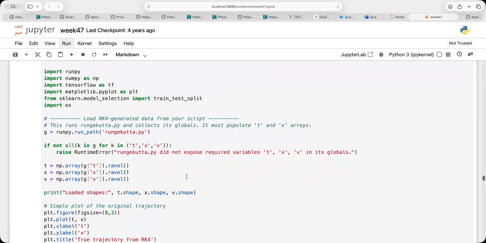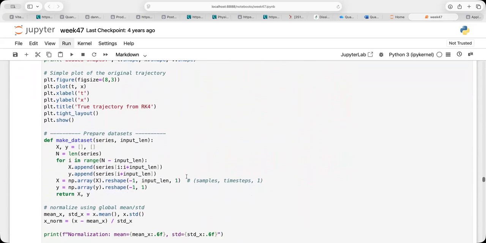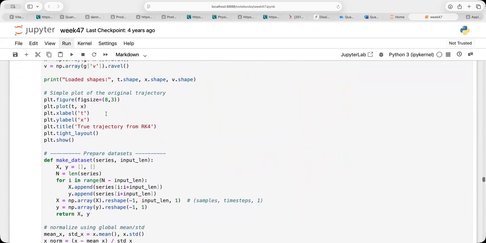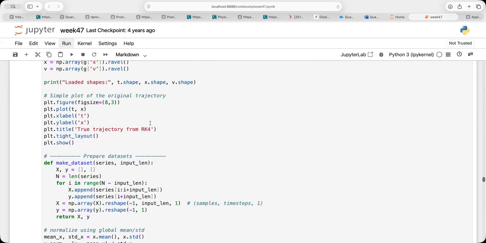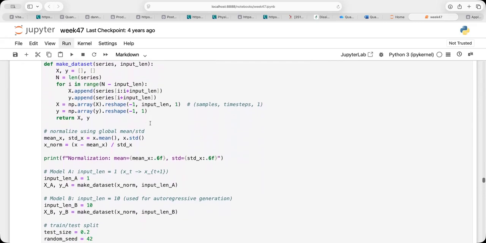I do not train on velocity and position. I only train on position. But there's nothing which hinders you to train on both velocities and positions. So I just try to simplify it. And I also made a simple recurrent neural network. So this simply takes my Runge-Kutta method and it sets up my data. It plots the data, as you can see here. It sets up max time. It also normalizes the data. So this is something you should always think of doing. So this is a normalization of the data.